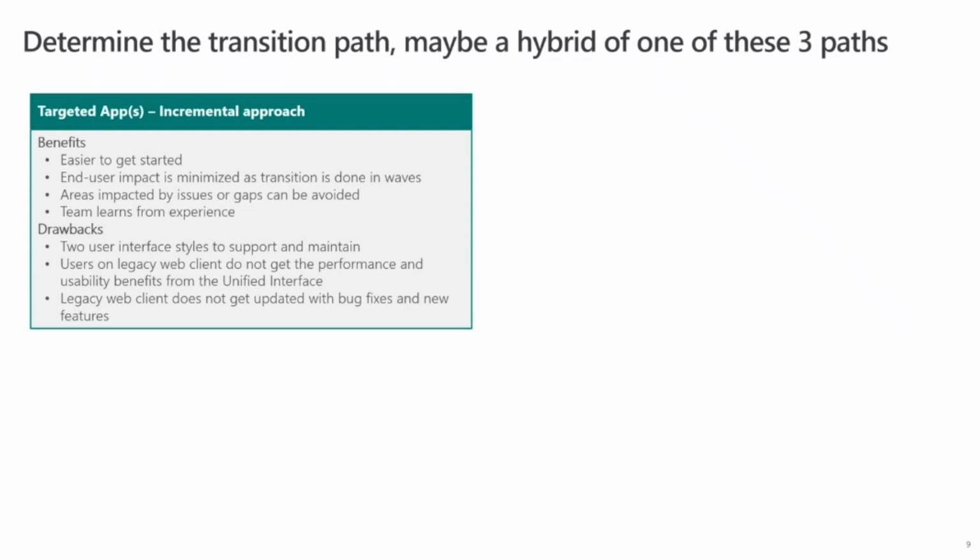If you have any areas that you know are impacted by issues or gaps, you can avoid them and just focus on the processes that are really working well out of the box. This is also a great opportunity to have the team learn from the experience, so with the first app that you deploy, get feedback from your users and improve that app before moving on to other apps. Now there are some drawbacks, because that means that you would have two user interface styles